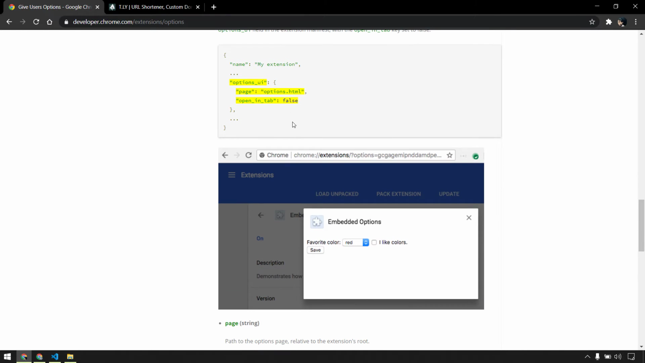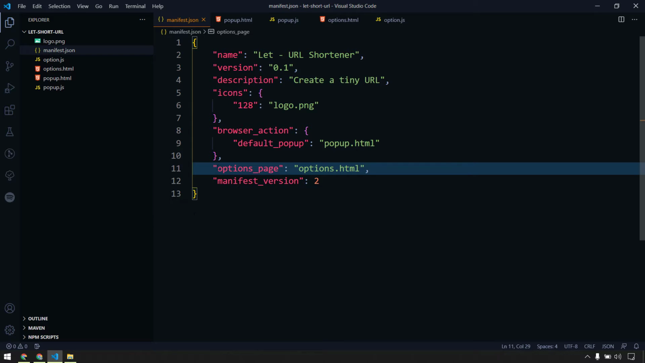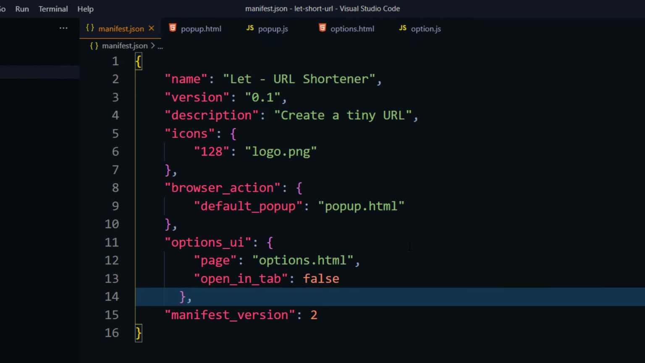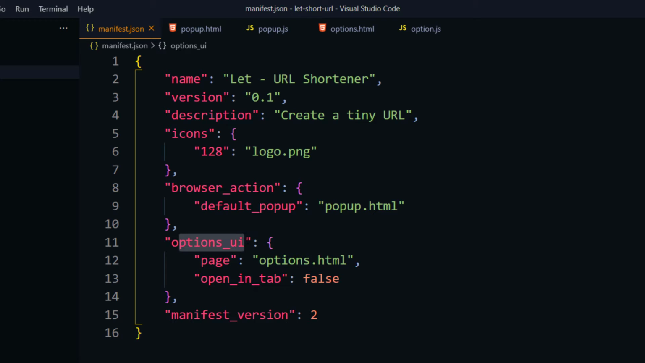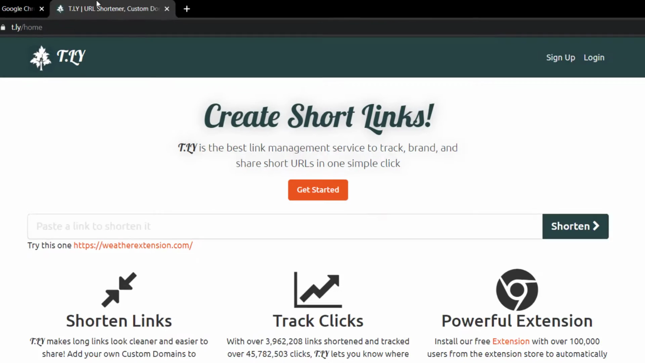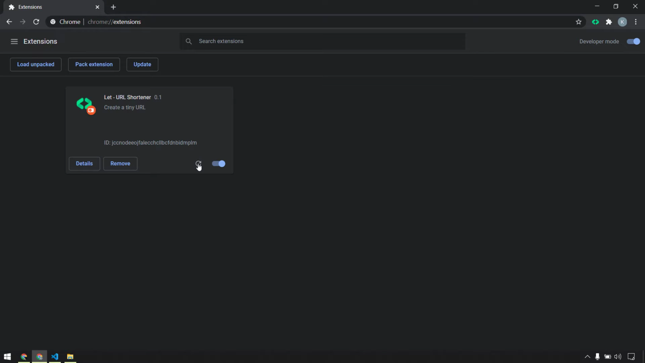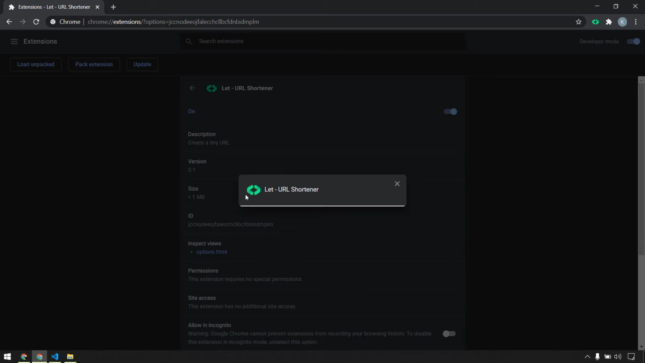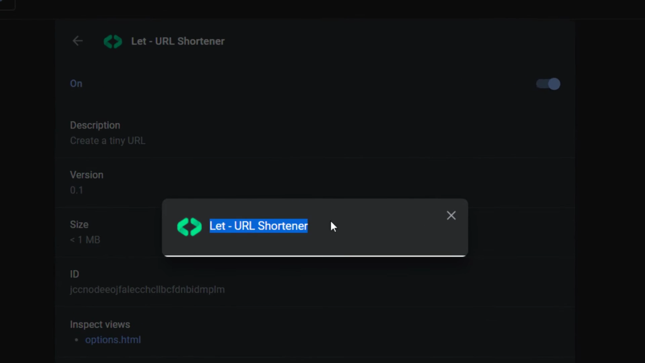So I'm just going to copy this one. So options_ui, and within that, we have to specify the page. So let's go back and replace this here. That's it. So here we have this options_ui where we are specifying this page, options.html, and open_in_tab equal to false, right? Now let's go back and refresh this icon. Let me right click and click on options. And here you can see that we are able to get this, right? So basically the logo and the title, followed by this area, which is basically our options space, that HTML